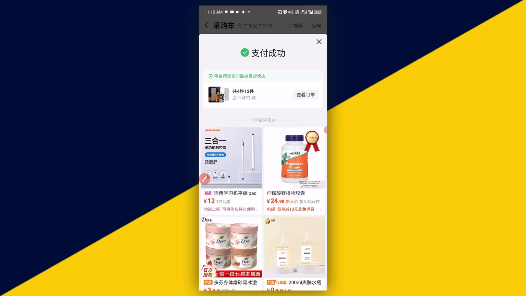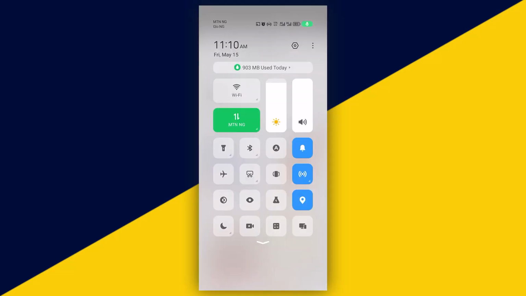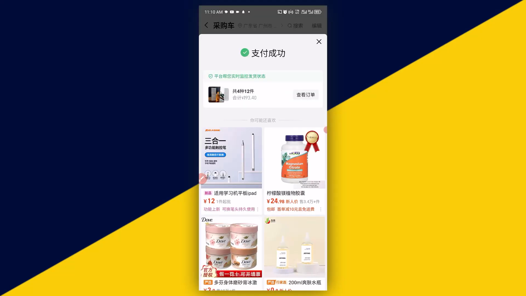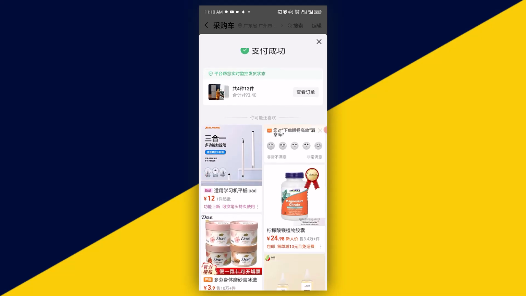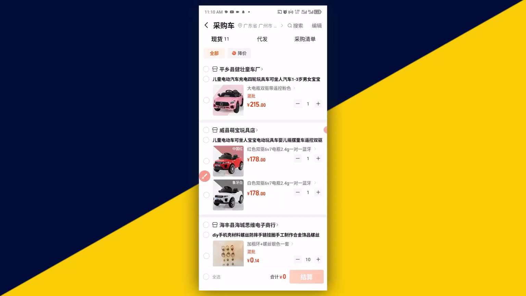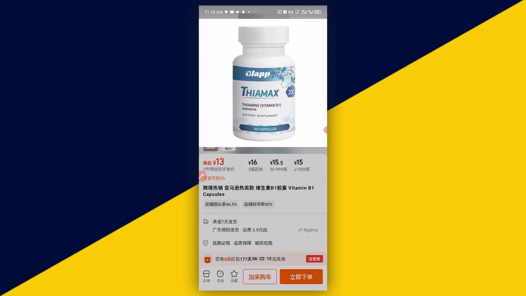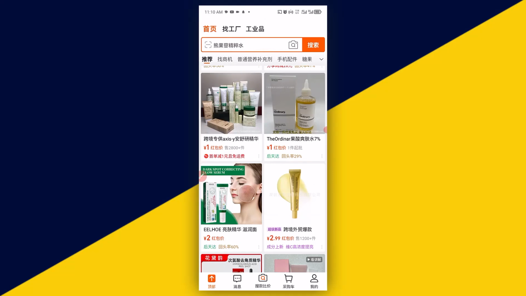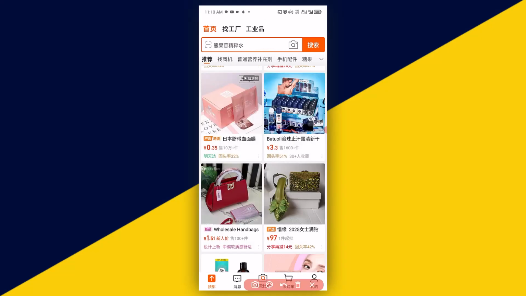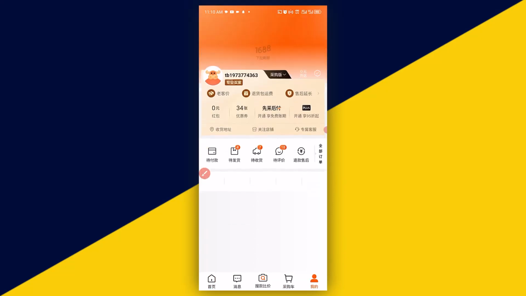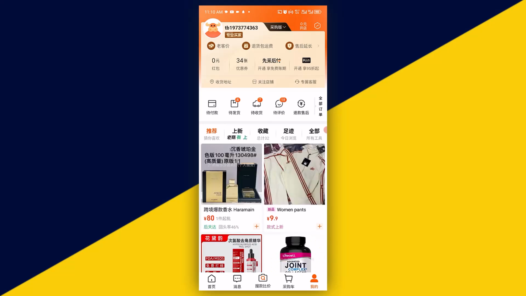Lastly, I'm going to screenshot the proof of payment right here, just like so. Next thing I'm going to do is click here to close this bumper. So lastly, I will click here to go back, and then click here to continue to go back, and then next thing I'm going to do is click here to go to my profile. By the time I refresh my profile, the products we just paid for,